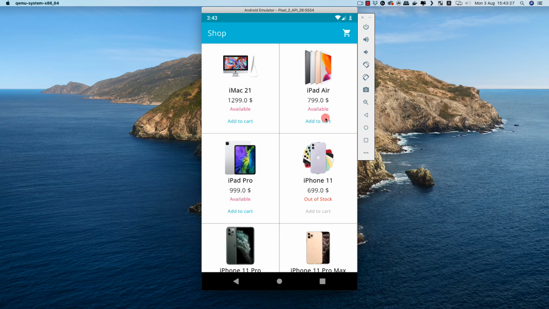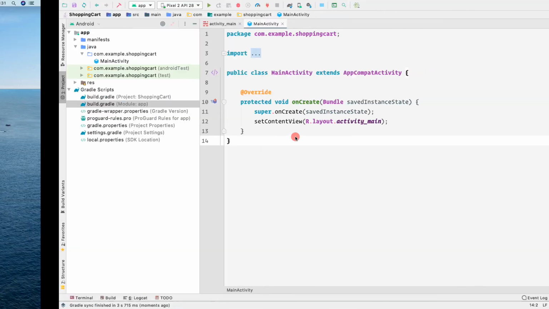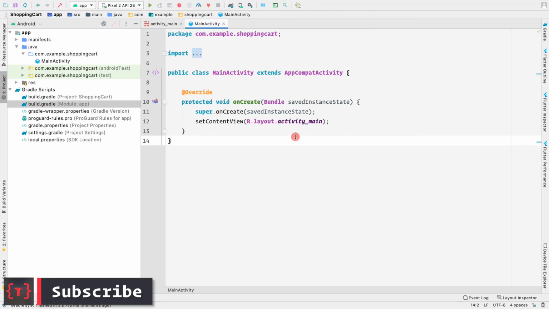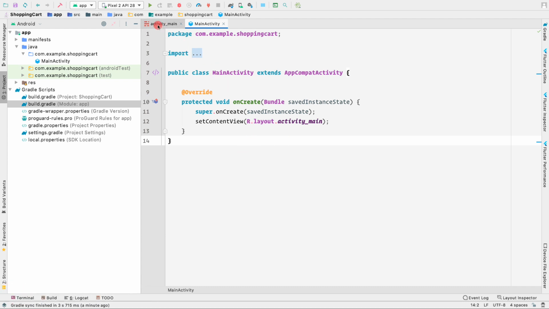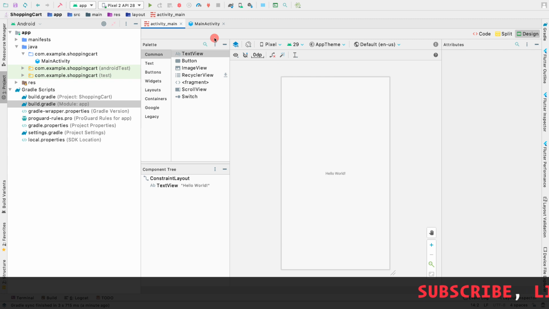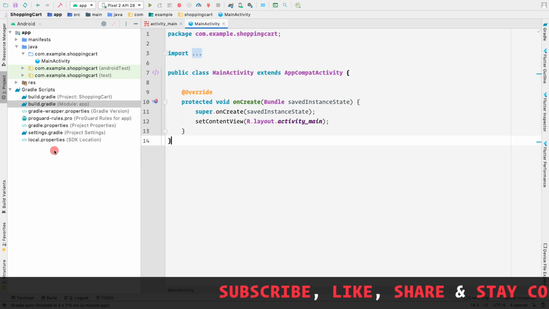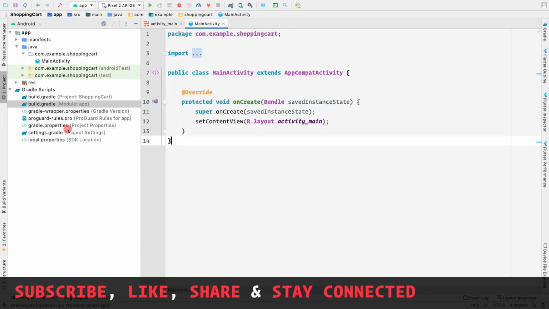Okay guys, so in this video, let's set up the project for making this shopping cart application. So let's go to Android Studio, and here what I've done is that I've created a new application with an empty activity. As we can see, the main activity is empty, and inside the activity_main.xml we only have a single text view. So firstly, let's go to the build.gradle file, and there we'll add the dependencies that are